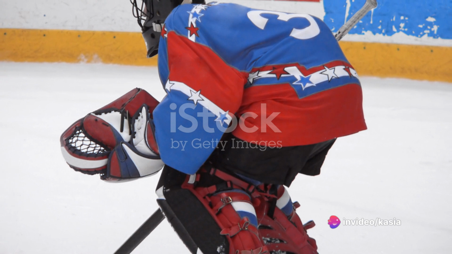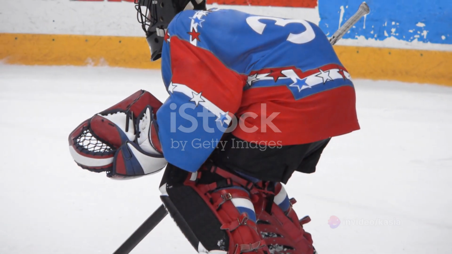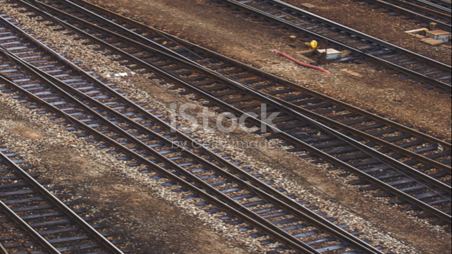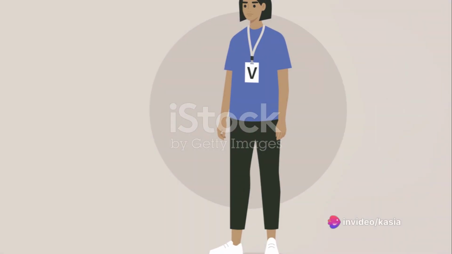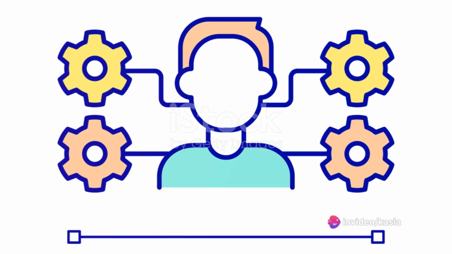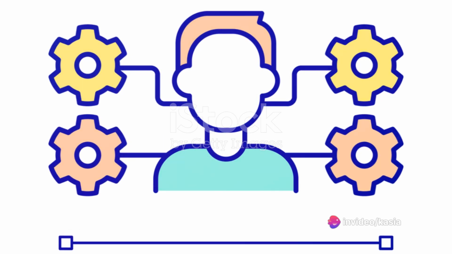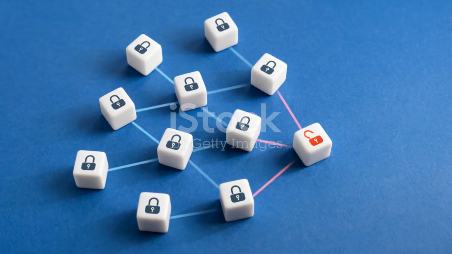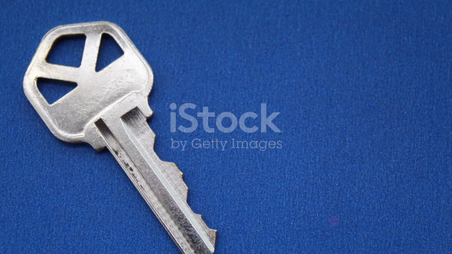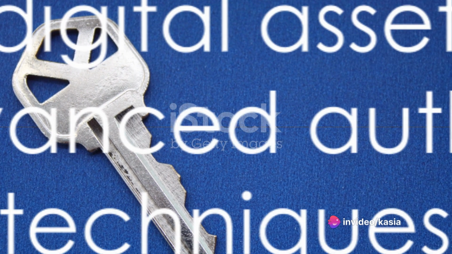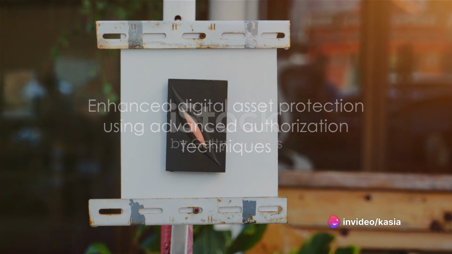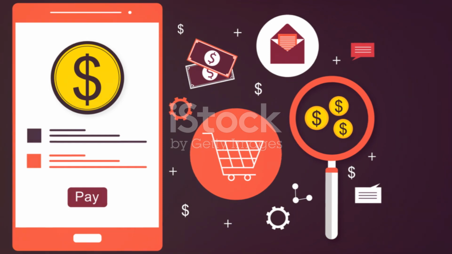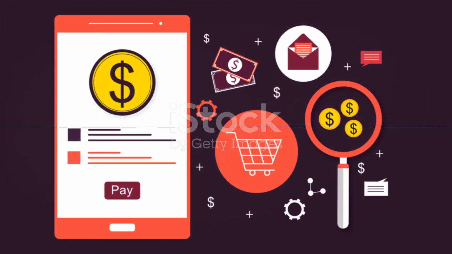Both RBAC and ABAC can be integrated into an existing system through the use of middleware, or can be built directly into a new system from the ground up. There are also numerous software solutions available that provide these functionalities out of the box, making the process even easier. By integrating these advanced authorization techniques, we can further fortify our digital assets against unauthorized access. Just as a lock and key protect a physical door, these techniques protect the virtual doors to our data, ensuring that only the right people have the right level of access at the right time.